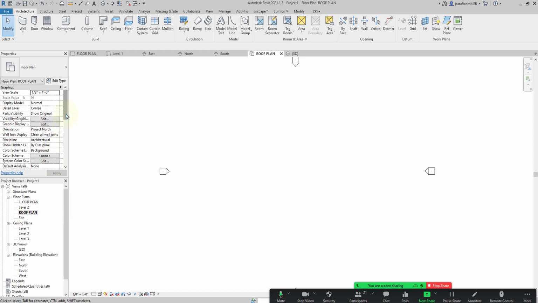So we can change the view here. We want to be able to look further down. So we're going to change the view range. So I can go to edit,